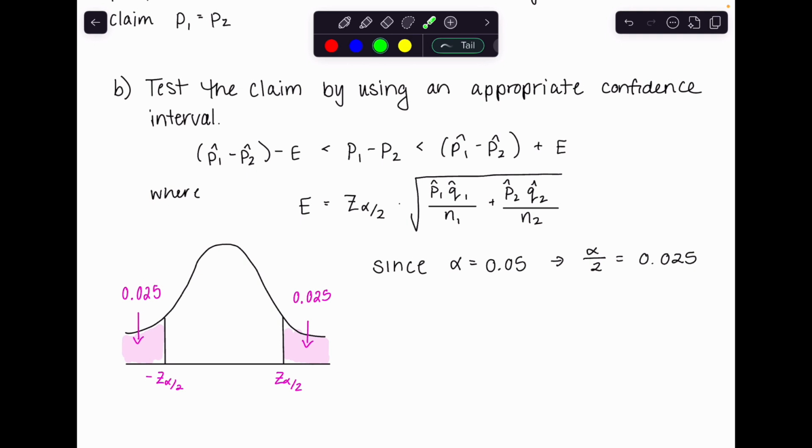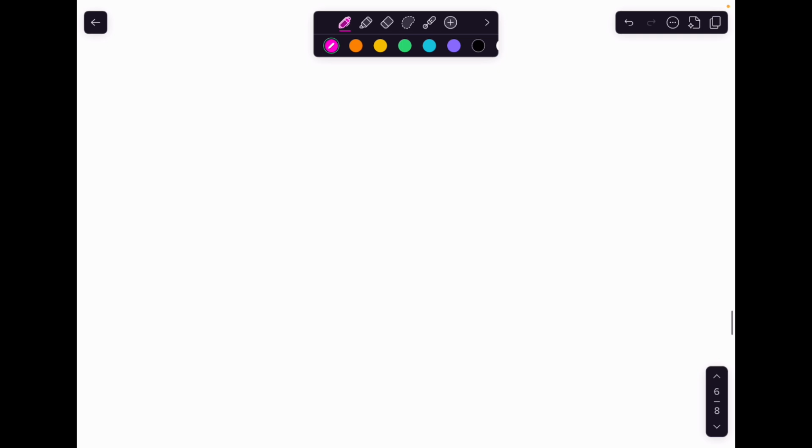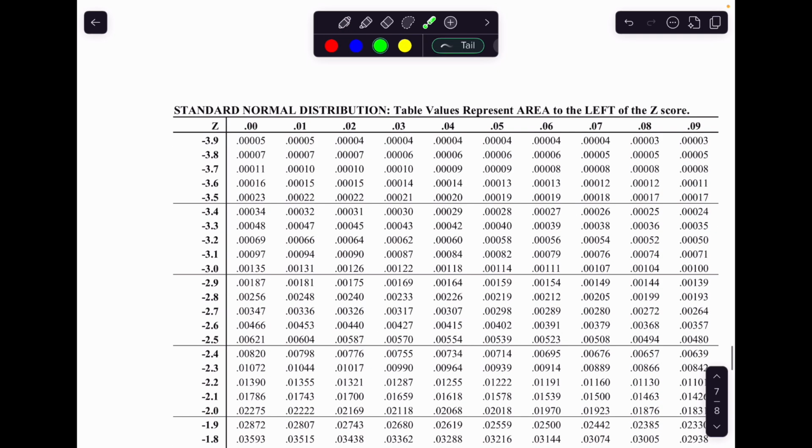So you can use the table to find this positive one because that's the one we want to go here. In that case, you would look for what is the Z value that gives you 97.5% or 0.975. However, you can also find the negative one and then you just make it positive. Okay. So if I go to my table, my negative one I think is a little bit easier to spot